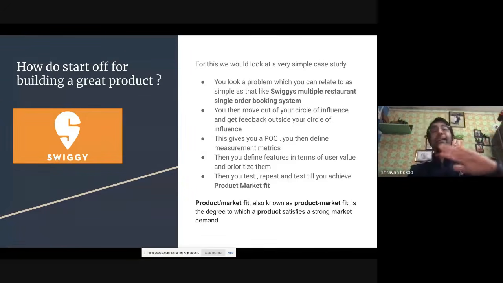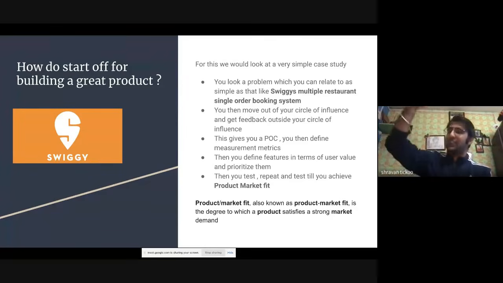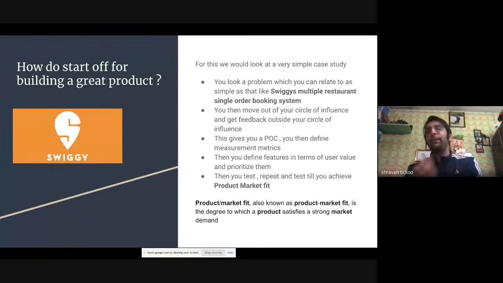So you prioritize the features that you build in that app based on user value कि यूजर को क्या चाहिए. सबसे ऊपर सबसे ज्यादा वैल्यू वाला, फिर उसके बाद कम, उसके बाद कम, and you keep on prioritizing them. Then you keep testing, repeating it, because ऐसा कभी नहीं हो सकता कि तुमने पहली बार बनाया, you built it for the first time and everybody is happy. It doesn't really happen that way, right? So you keep on iterating, you keep taking feedback. What can I add more? What can I add more?